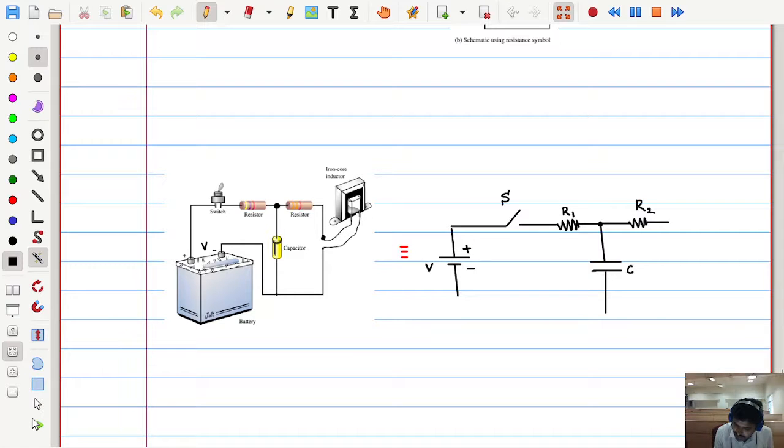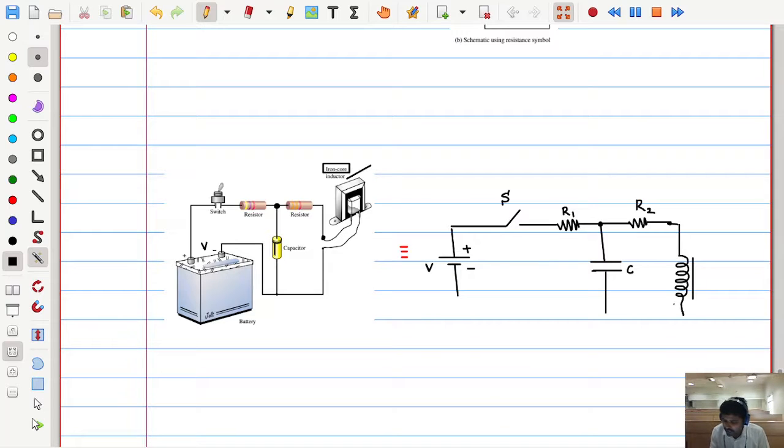And this resistor end is connected to an inductor. This is a realistic inductor picture, but the inductor is represented by a spring-like coil representation. As it is said to have an iron core, I will tell you later what an iron core means. In the symbolic representation, when the core is iron, we draw one parallel line alongside this coil. So this is the inductor symbol for the iron core.